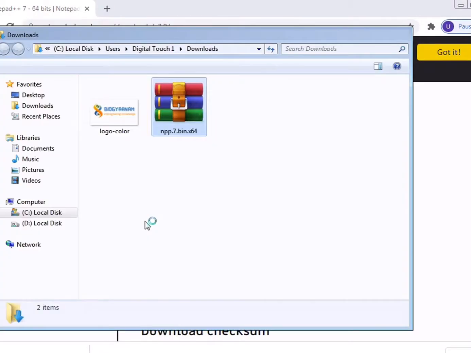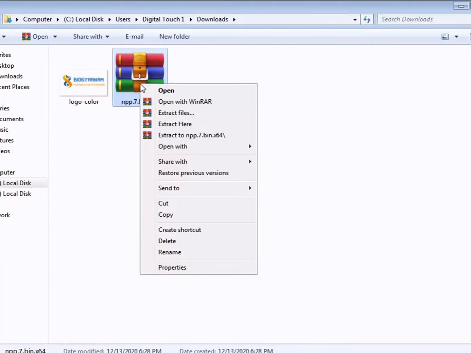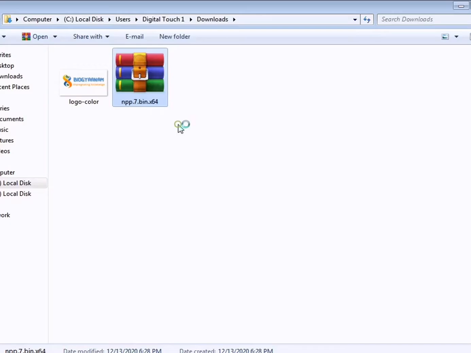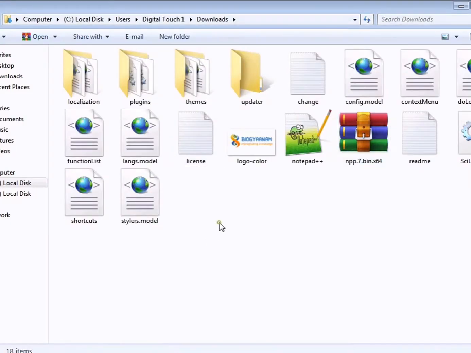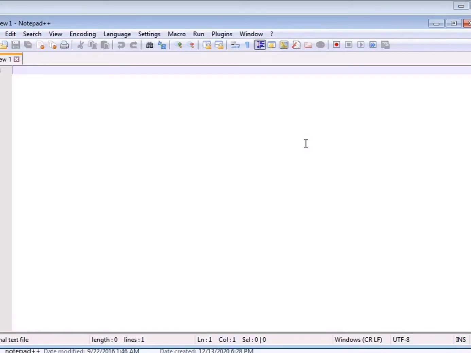The file has been downloaded, so we will extract it and paste it here. And now this is Notepad++.